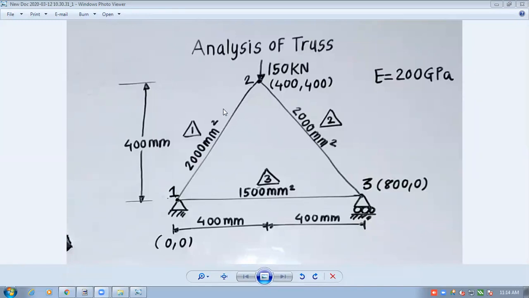In addition to that, they have mentioned the cross-sectional area of every member. That is 2000 mm square, this is again 2000 mm square, then this is 1500 mm square.